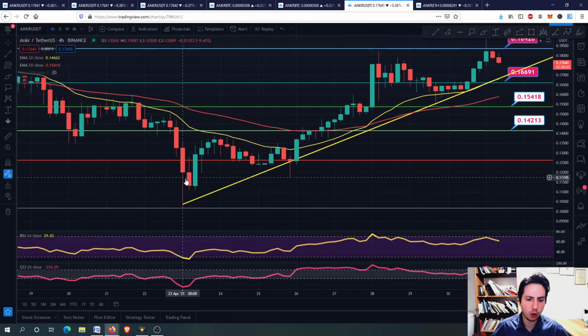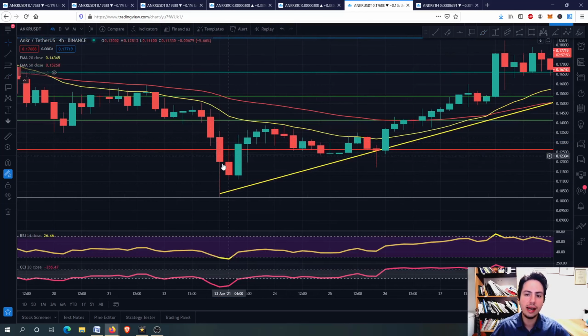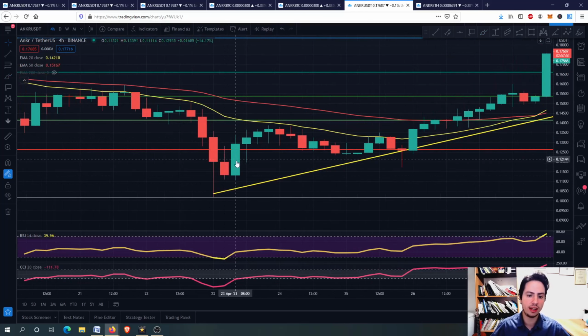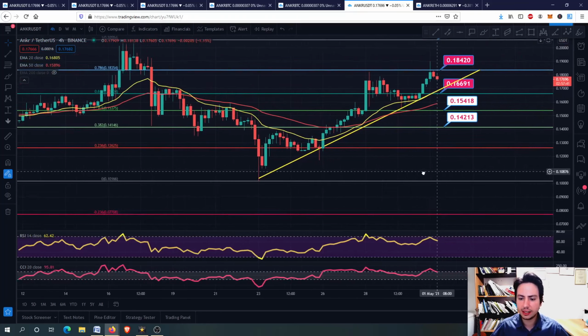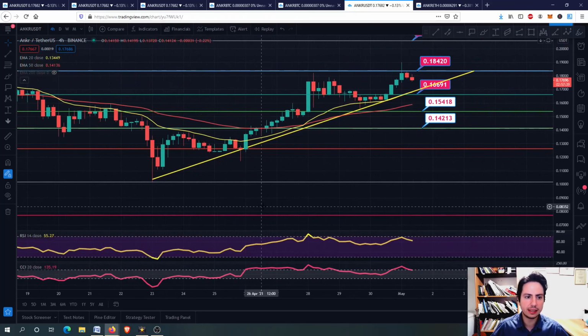And you can see these two big bullish engulfing candles. To the left there is a small red candle, to the right there is a big green candle, and of course this was looking pretty good for Ankr. We moved upwards and we still remain strong for the mid-term, because you saw back then on the daily frame,